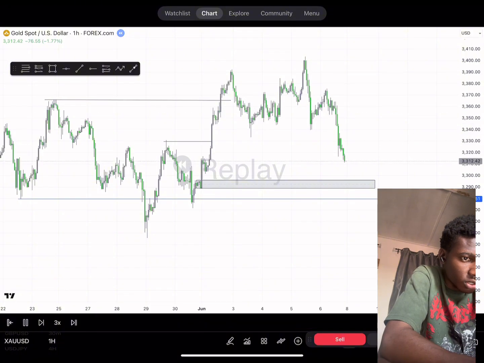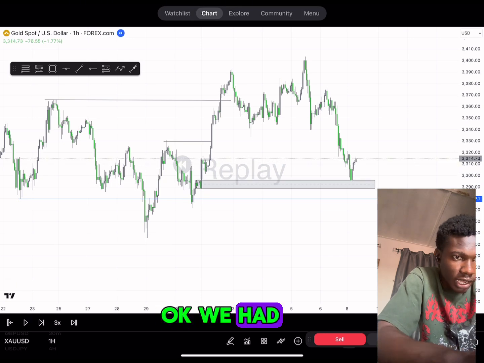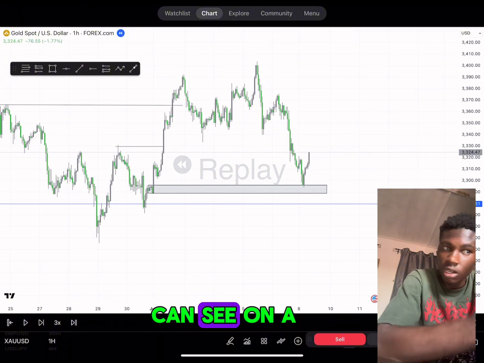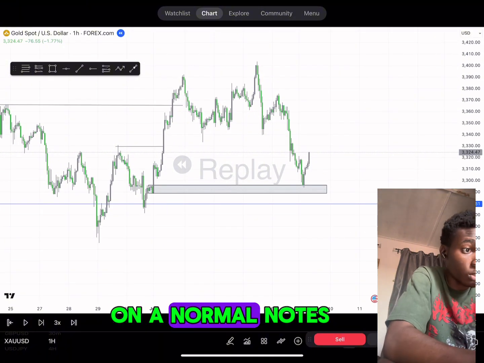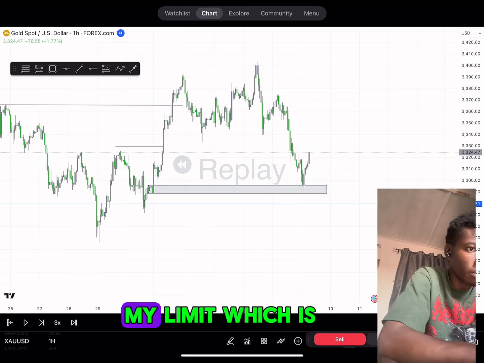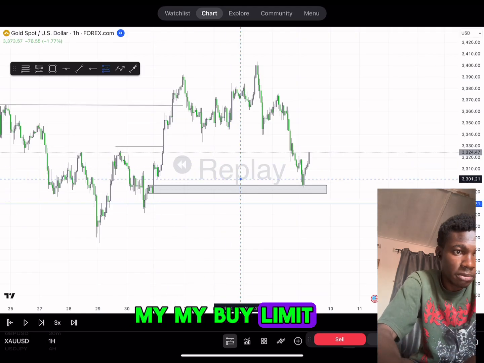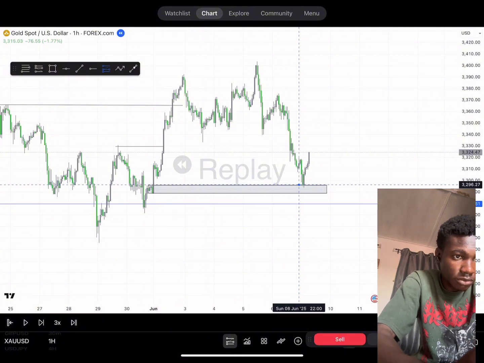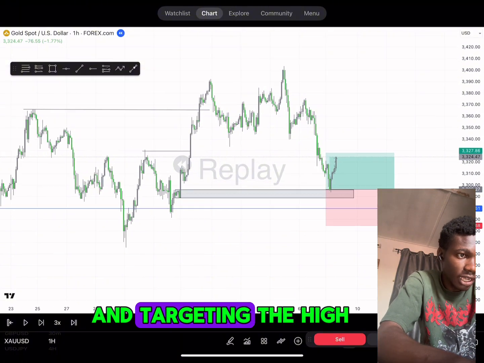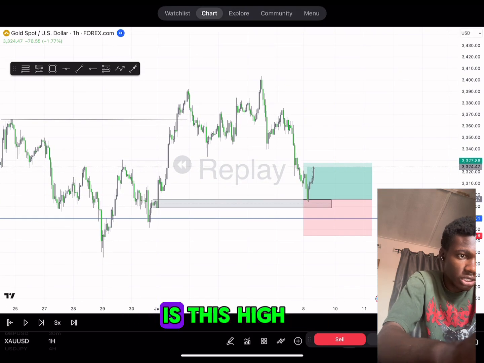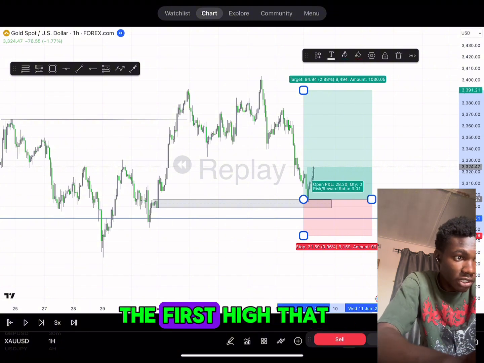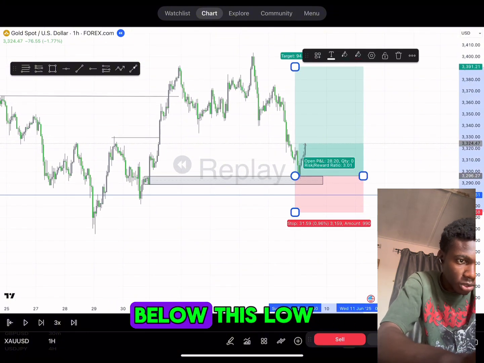Liquidity and the rest. Okay, we had our touch, as you can see. On a normal note, I'll set my buy limit at the top of the order block, which is here, for an entry, and target the high that I made, which is the first high that is made. I'm not even talking about this one. My stop loss should be below this low,